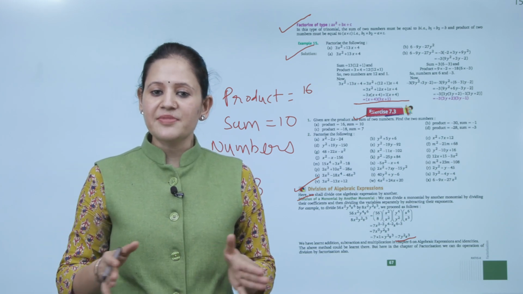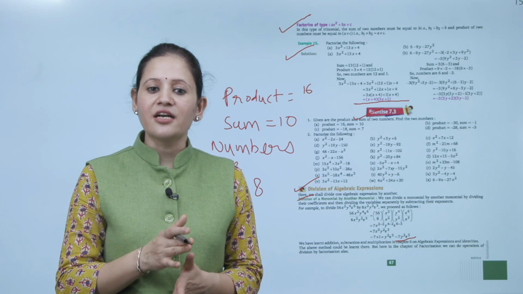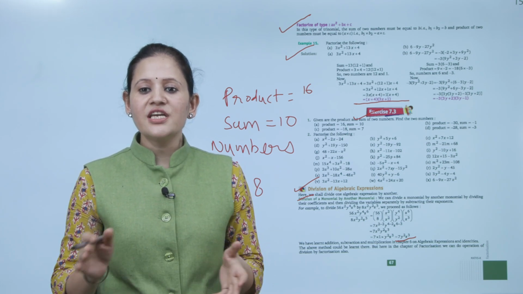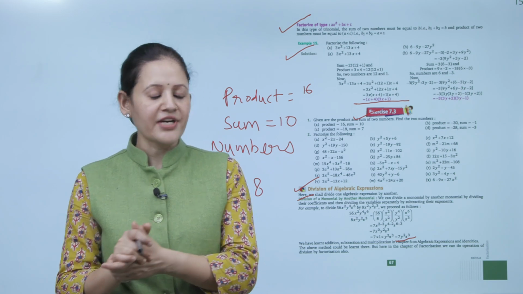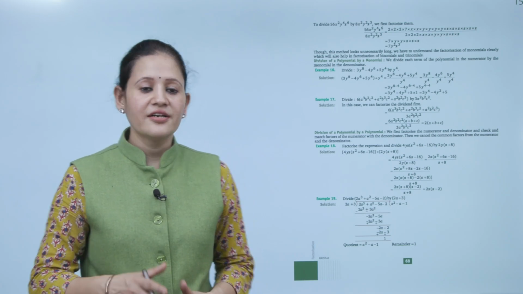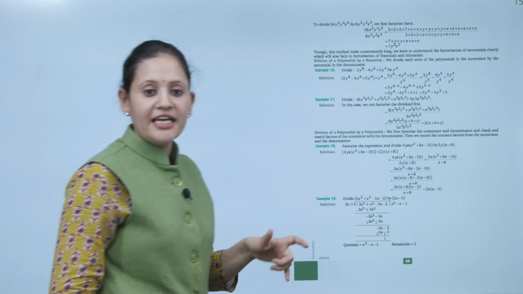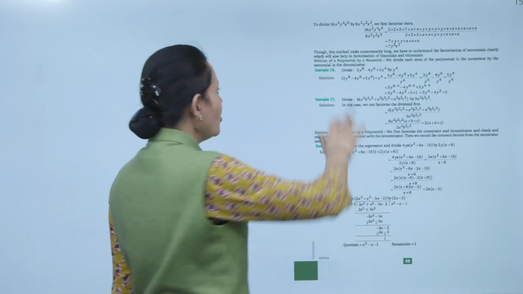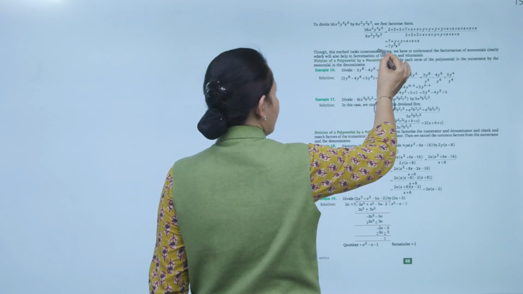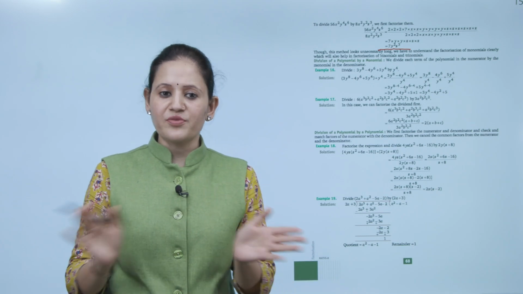We have learned addition, subtraction and multiplication in chapter 6, algebraic expressions and identities. The above method could be learned there, but here in this chapter on factorization we can do the operation of division by factorization also. To divide 56x square y4 z6 by 8x square y square z cube, इस तरीके से हम factorize भी कर सकते हैं and then we can divide. Quotient will be 7y square z cube. Clear? So we can use any of the methods.